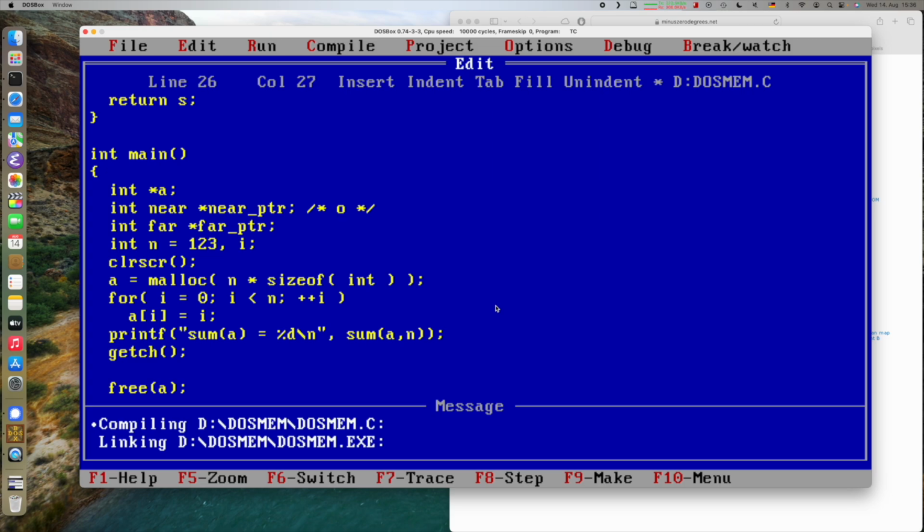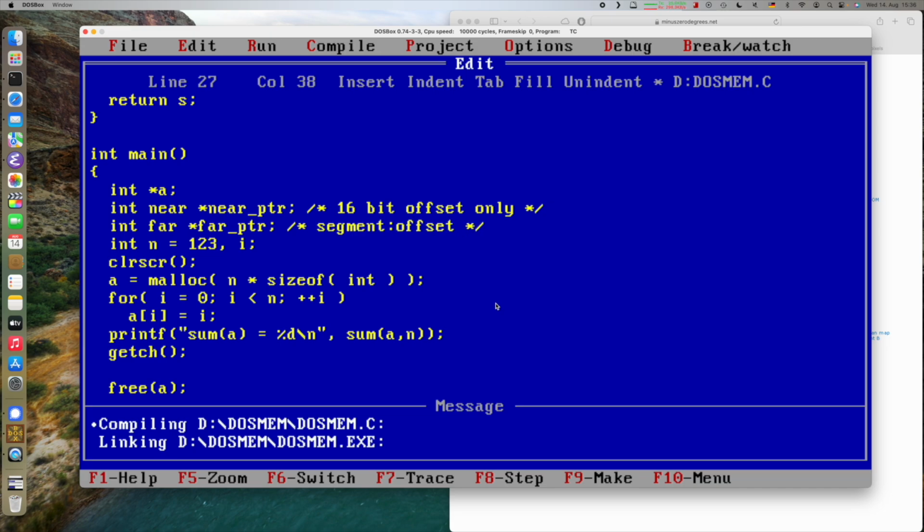They will only have an offset and will be using the current data segment that the program has for these variables. So there will be only an offset,